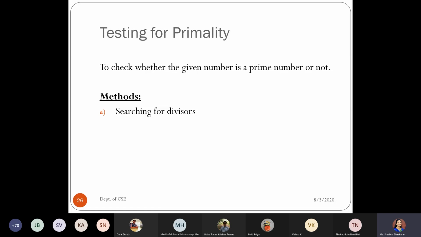That is the method we call searching for divisors. If there is any divisor, then it is not a prime number. If not, we say it is a prime number. There is one more method, the Fermat test. This is an algorithm. These are the two methods for checking whether a given number is prime or not.